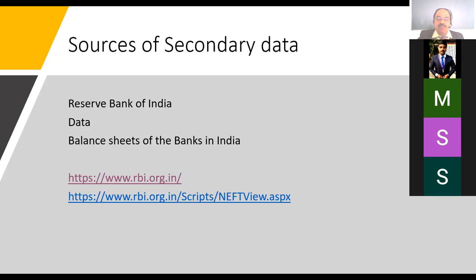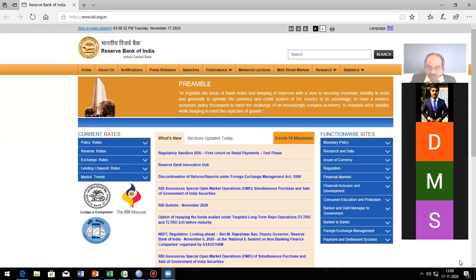You can see I have opened the RBI link screen. If you have clicked on the link, we cannot see anything else. You are not able to see. Okay, now the heading is sources of secondary data. Then what I will do, I will stop sharing and share this entire screen. Okay. Yes, now whether you are able to see? Yes, sir. Okay.